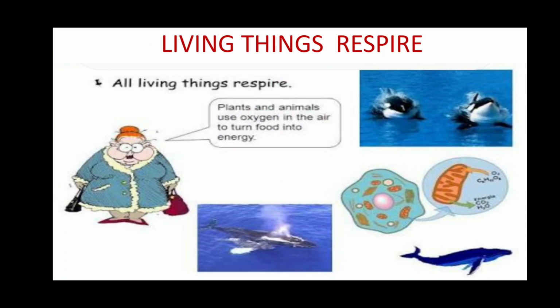Dear students, it is an important characteristic of living things that they respire. In all animals, including human beings, the process of respiration takes place throughout their life. Plants also respire. They break down the food prepared during photosynthesis with the help of the oxygen that they breathe in to release energy. Like animals, plants also give out carbon dioxide in this process.